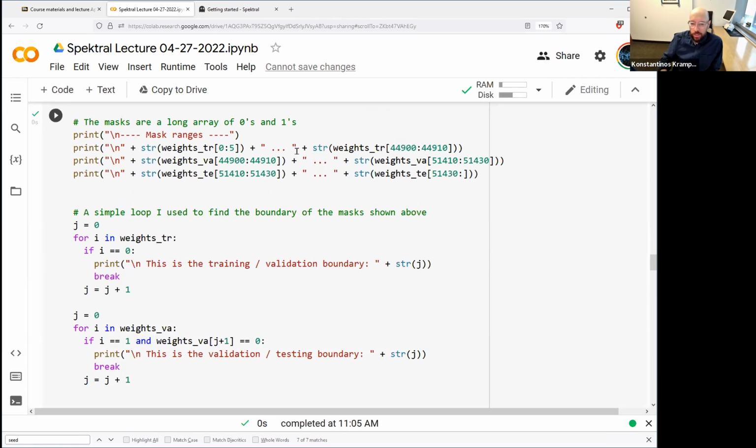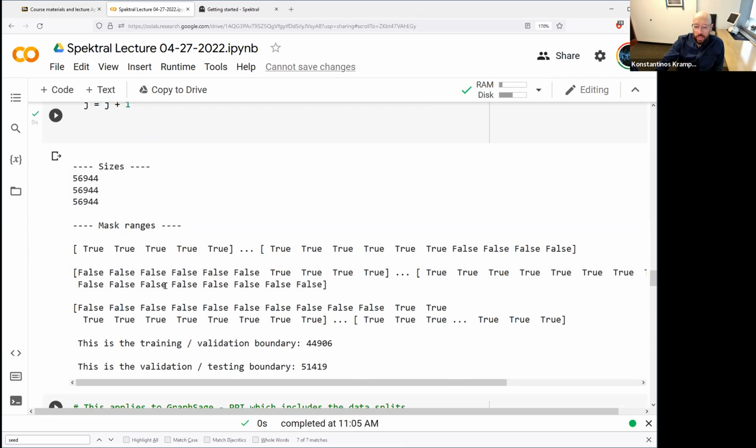But let me answer the masking here really quickly. The way it works here is, essentially, think about laying out, as we explained last time, your nodes in a line, 56,944, and then putting sort of an array of trues and falses on top of them, and using it as a mask for what's the training data, what's the validation data, and what's the testing data, right? I'm not going to explain the code here. Please see the early lecture for that. But you can see from the output here,